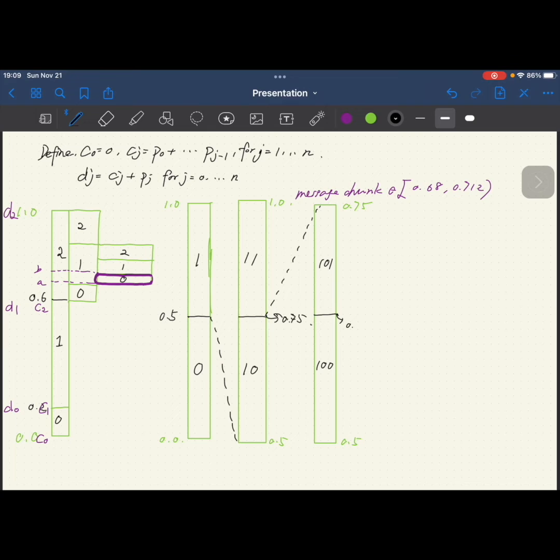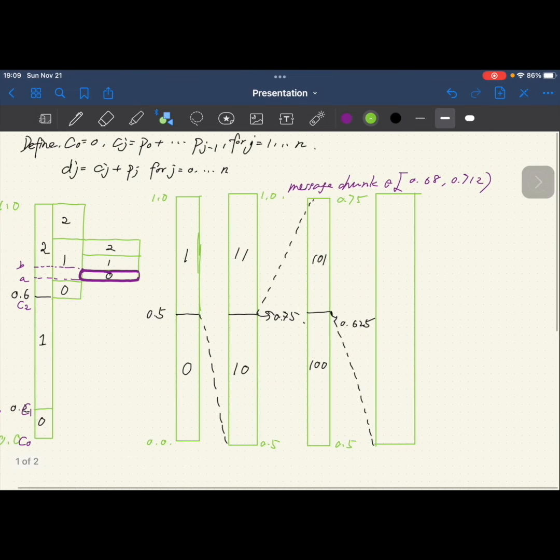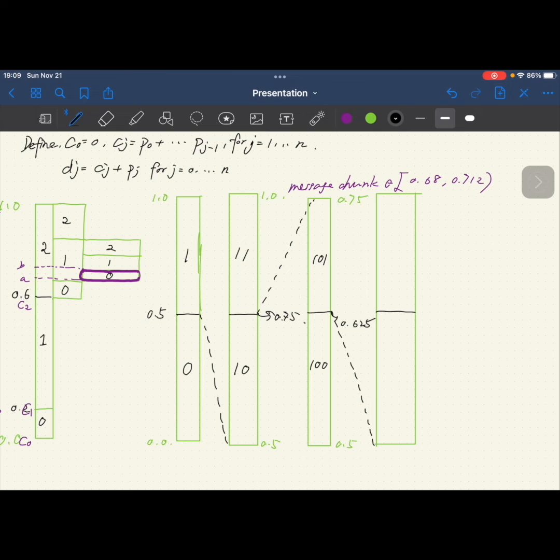And this number is 0.625. And we can observe that the message chunk is in this 101 chunk. So we rescale this 101 chunk again. And divide it: 1, 0, 1, 0 and 1, 0, 1, 1. This is 0.75, 0.625. And this number is equal to